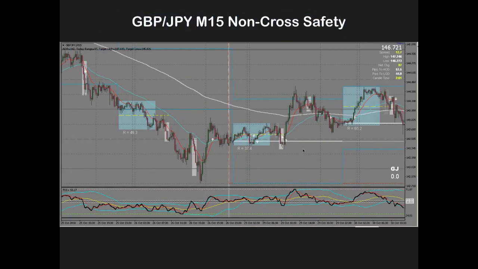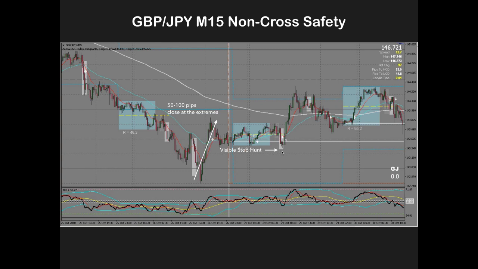Okay, so again, like I said, this is an example of a non-cross safety. All right, here's the peak low. We're going to look for the shift away from the peak formation, 50 to 100 pips, closing at the extremes, right? So there's your shift away. That's the shift phase. And then into the Asian session and into the London session, we get our visible stop